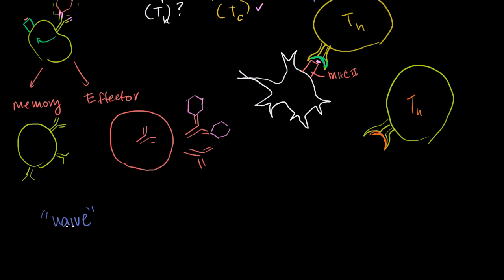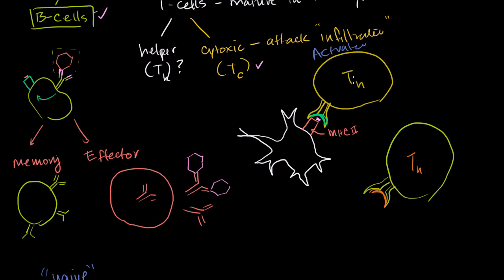In general, when we talk about a naive B cell or a naive helper T cell, these are cells that are non-memory, non-effector, that have never been activated, in the case of a B cell, by something binding to their membrane-bound antibody. Or a naive helper T cell is a non-effector, non-memory helper T cell that's never had anything bound to it. So if this guy is naive, and then he has a reaction with this antigen presenting cell, he becomes non-naive. He becomes activated.